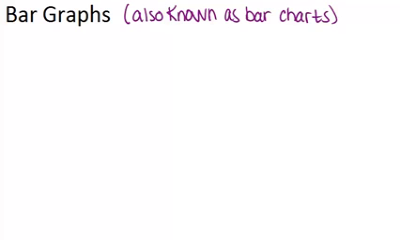In this video, we will learn all about bar graphs, also called bar charts. Bar graphs are used to display categorical data. That is, data that you have that is broken down into categories. The categories could be numerical, but more often they are qualitative, like colors or different places, like different